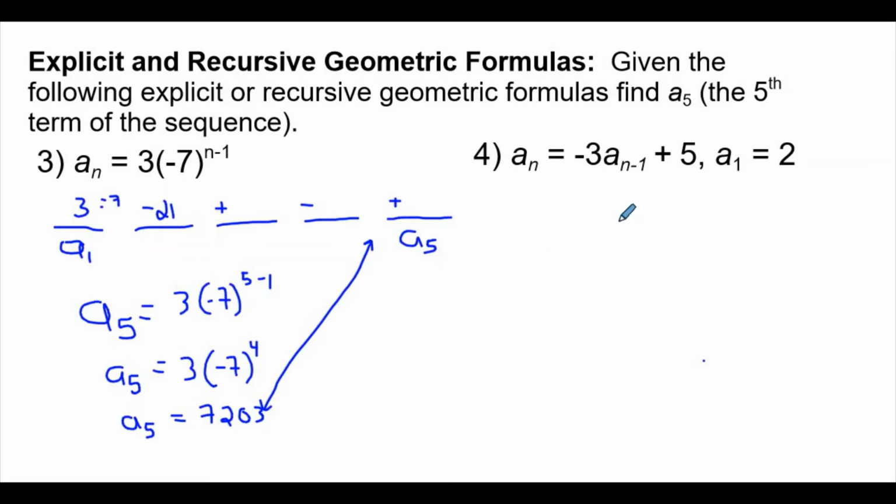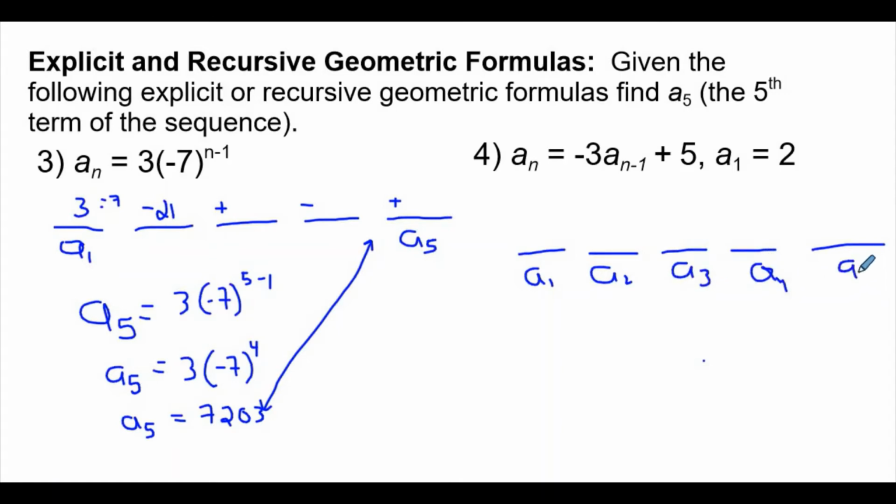Now, one thing I want to make a note to you about this recursive formula is that this recursive formula that I have here is actually part geometric and part arithmetic. And that's one of the reasons we learned it as well, because to combine arithmetic and geometric, it's basically impossible with an explicit. Not impossible, it is very outside of the realm of Algebra 2. So that's why we introduced geometric, because it allows this possibility of having multiplication and addition. So it wants me to find the fifth term, so let's iterate. You have to iterate with recursive. There's no alternative. So we have A1, A2, A3,